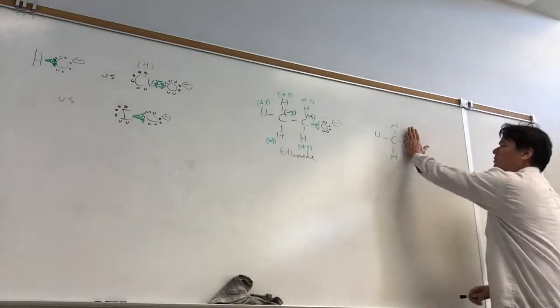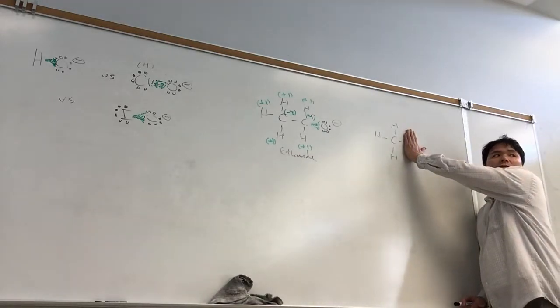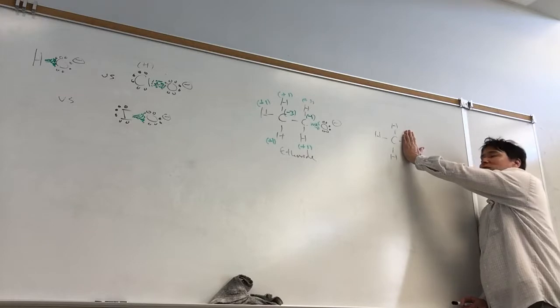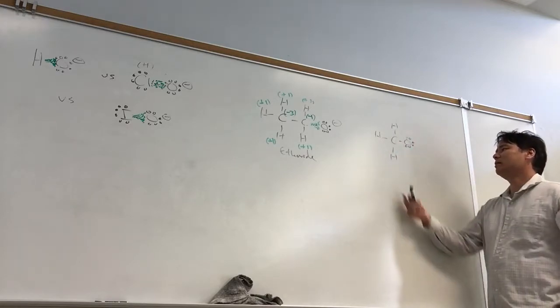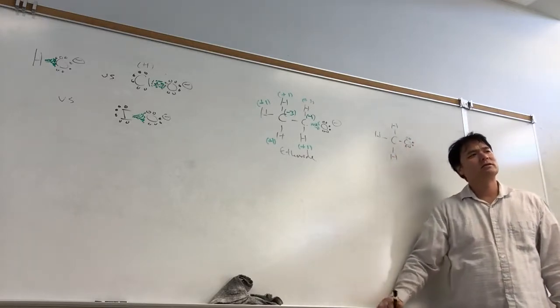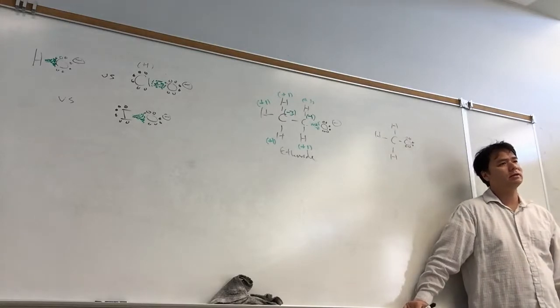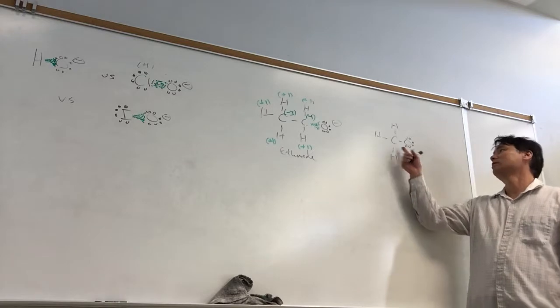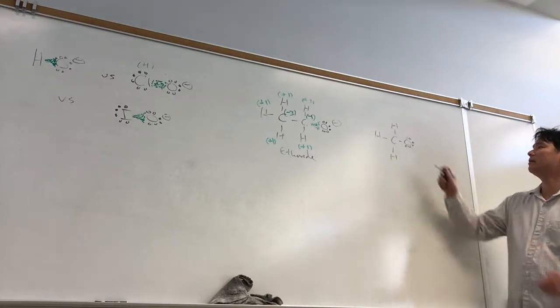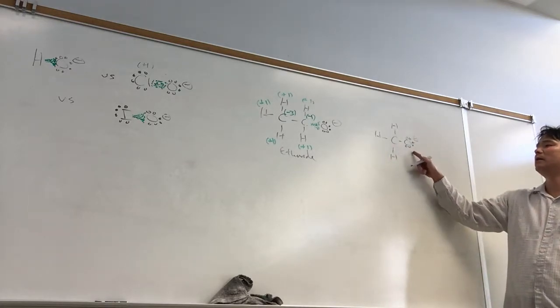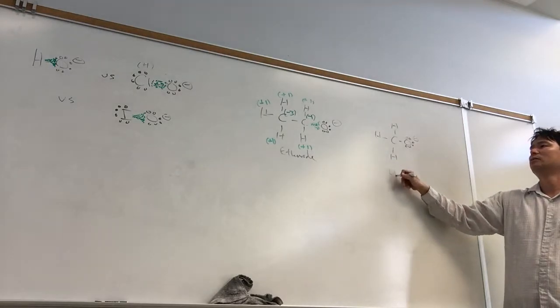We call this a methyl group here, like methane. It's just missing a hydrogen here. And so methyl group, like methane, you know, methane is electron rich or electron poor, methane? Electron rich. The methyl group is also electron rich. When I'm thinking about the base strengths, let's compare methoxide with